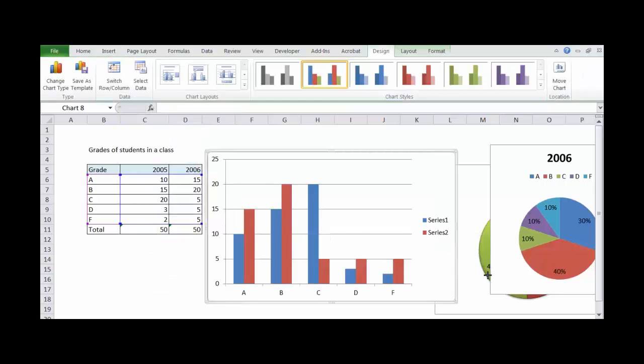So you see here what we have is grade A, okay, and here they have said series 1, series 2. Okay? So we can change it, but the idea is that in 2005 you had 10 students, in 2006 you had 15 students. Here you had 15 and here you had 20. Then here you had 20 and then 3 to 5 and 2 to 5. This gives you a comparison of the students across the grade levels between the 2 years. Right? So a better representation is a column chart or it may be a bar chart.